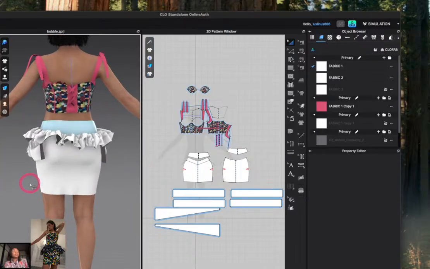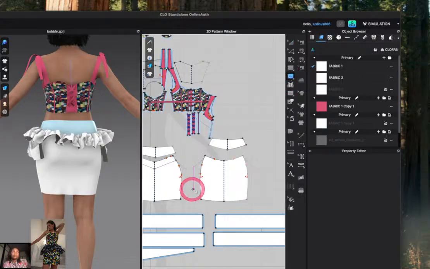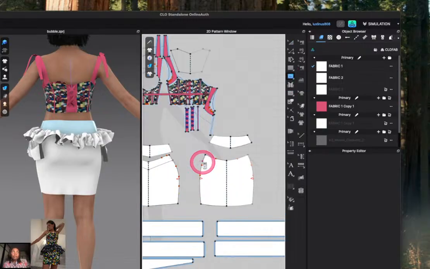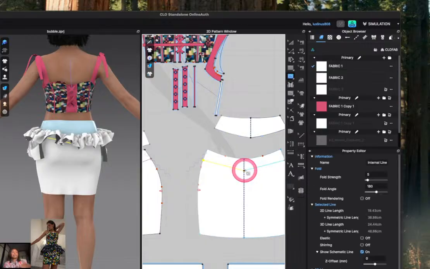So now I'm going to go ahead and make this line that I did for the back. I think it's somewhat here up to there,